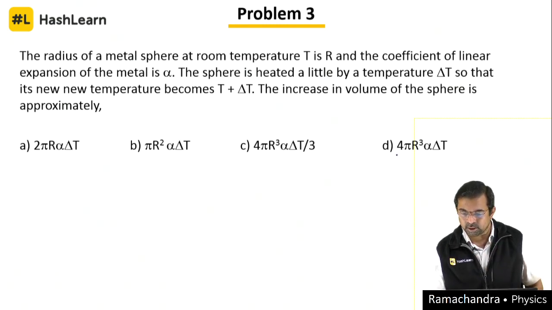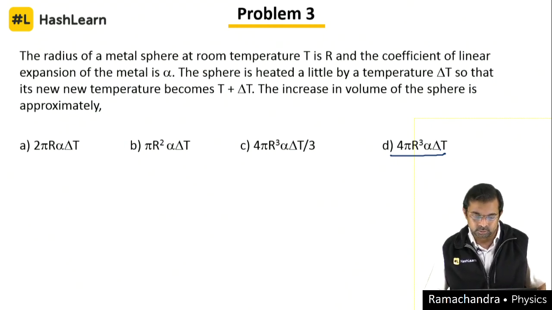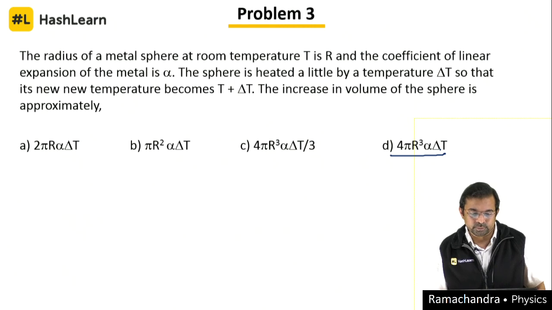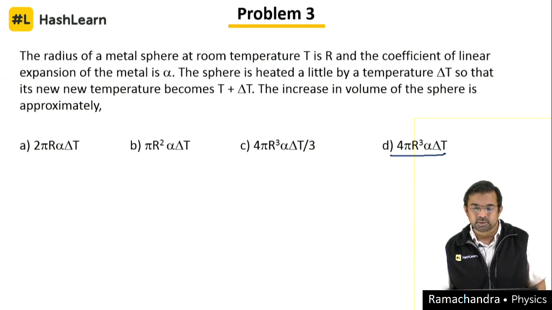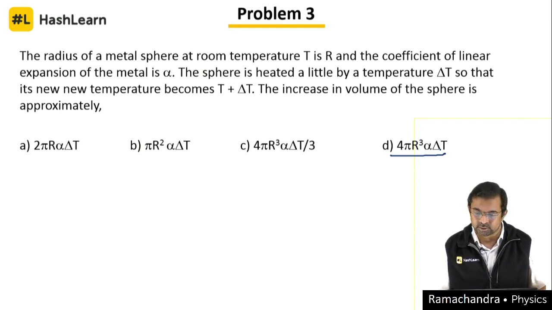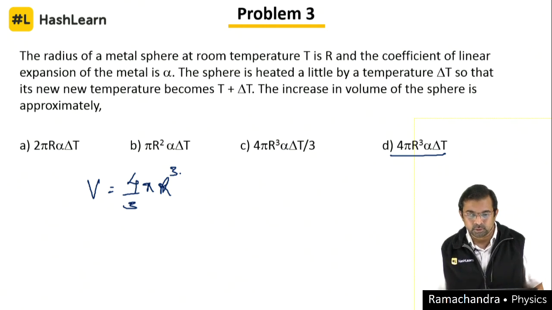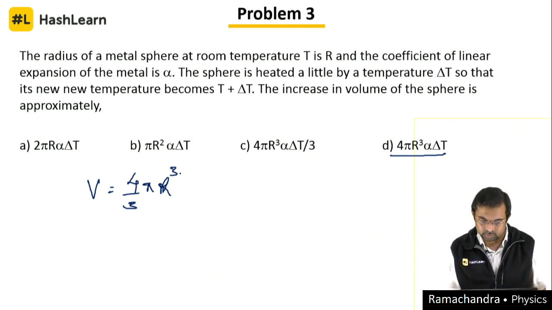Yes, the answer is correct, 4 by 3 pi r cube alpha into delta T, right. So the metal sphere at a temperature T has a radius r and the coefficient of linear expansion is this one. Again the same thing is that volume is given by 4 by 3 pi r cube, or this r cube, right. So the change in,